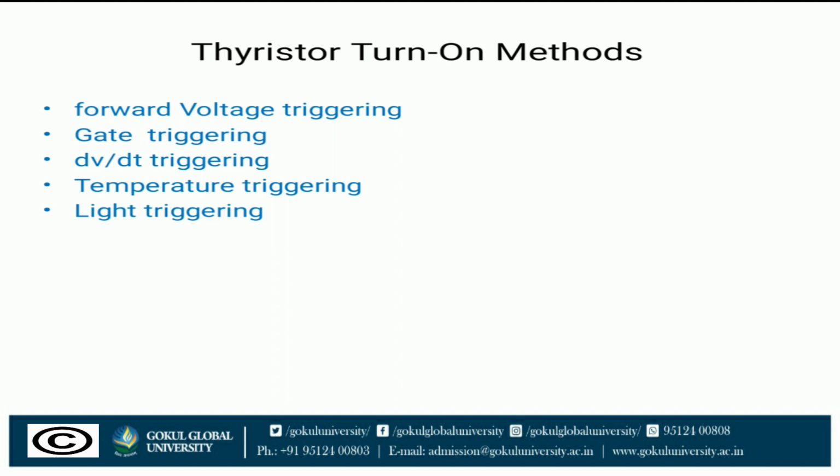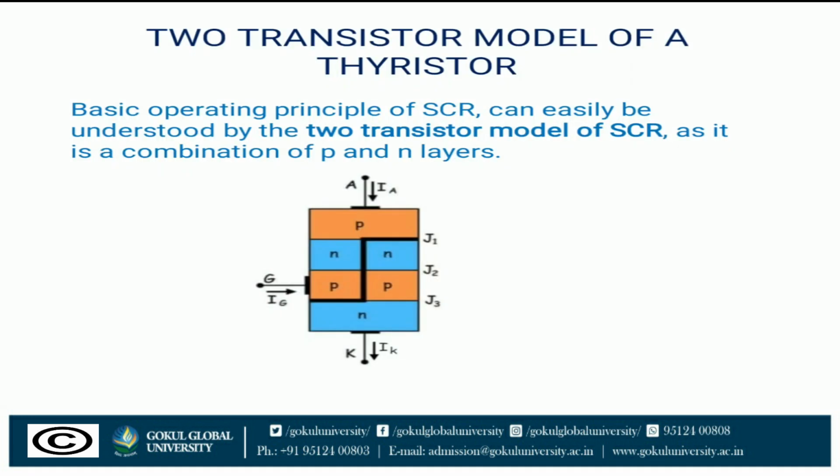Sometimes a combination of both light sources and the gate signal is used to trigger an SCR. For this, the gate is biased with a voltage and current slightly less than required to turn it on. Now a beam of light directed at the inner P layer junction turns on the SCR. The light intensity required to turn on the SCR depends upon the voltage bias given to the gate. The higher the voltage, the lower the light intensity required.